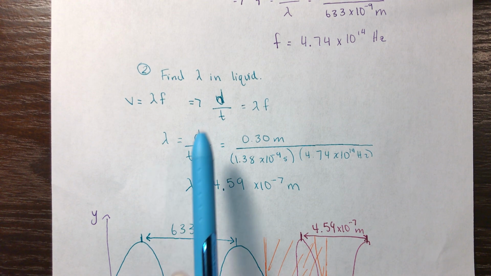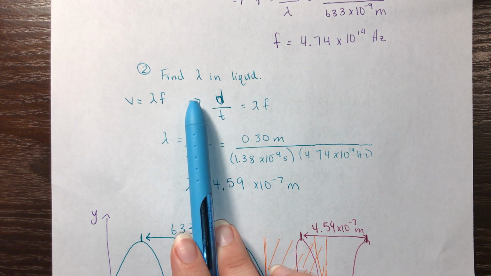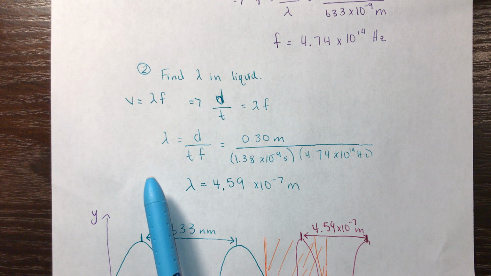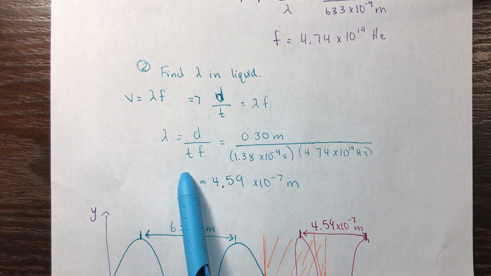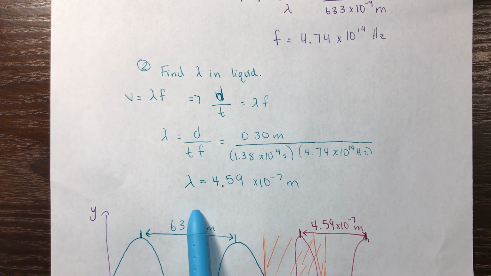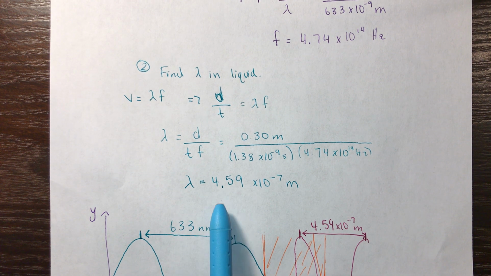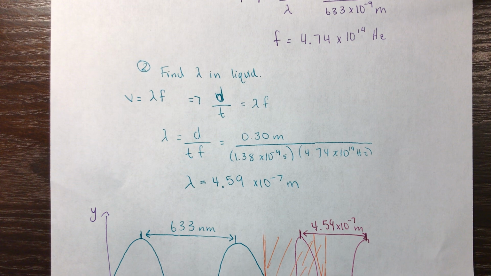We are rearranging for the wavelength in the liquid. We get that the distance traveled over time times frequency will give us the wavelength in the liquid. So 4.59 times 10 to the negative 7 meters will be our